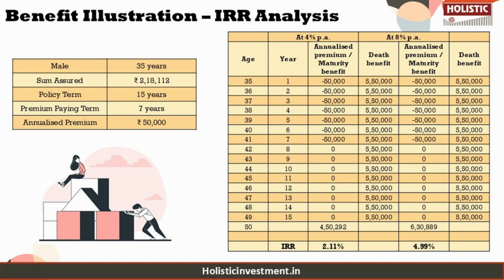Still, lower than the interest rate offered by bank fixed deposit. So despite being a long-term investment of 15 years, the returns from this policy may not keep pace with inflation, making it difficult to meet your future financial goals. Moreover, the life cover provided here is also inadequate. So, given the low life coverage and modest return, this plan might not be an ideal choice for long term